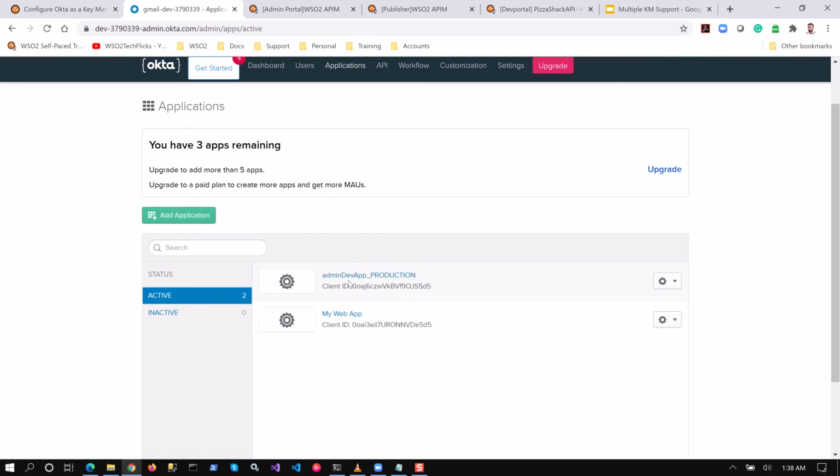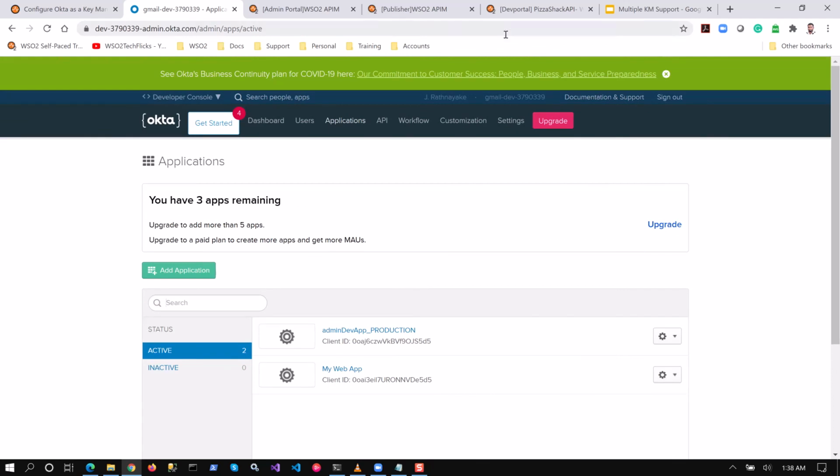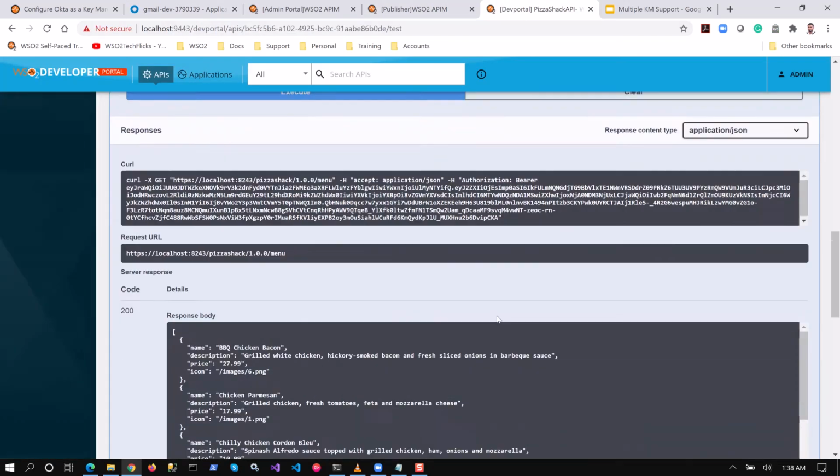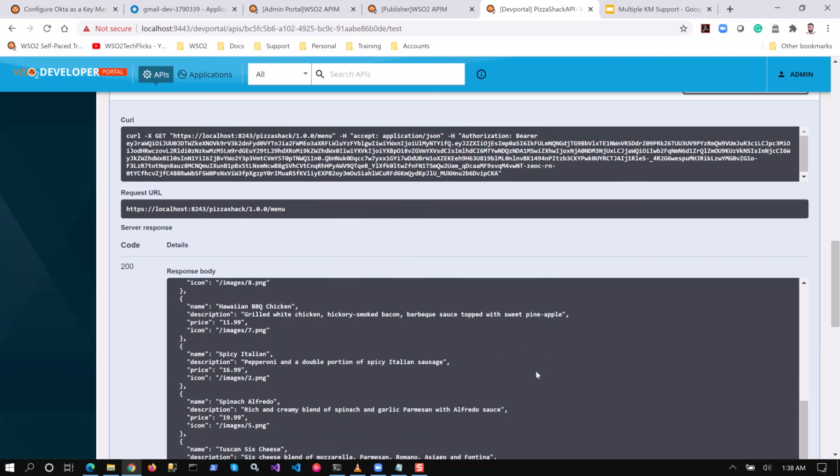So I created an application called dev app. So it basically prefixes with the username and the environment it is associated with, and creates a new application in the Okta side.